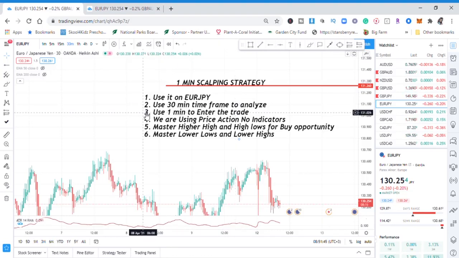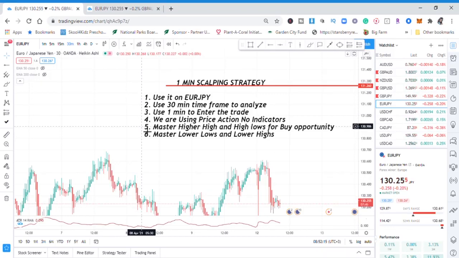And then number 4, we are using price action, no indicators. In this strategy, we don't have any indicators. We don't have any moving average. We are just using price action, and I will show you in a moment. And then number 5, if you want to use this strategy, you need to master high highs and high lows for buy opportunities. And number 6, you need to master lower lows and lower highs for